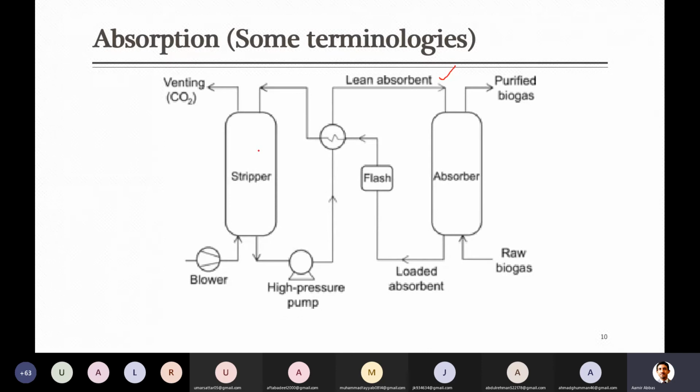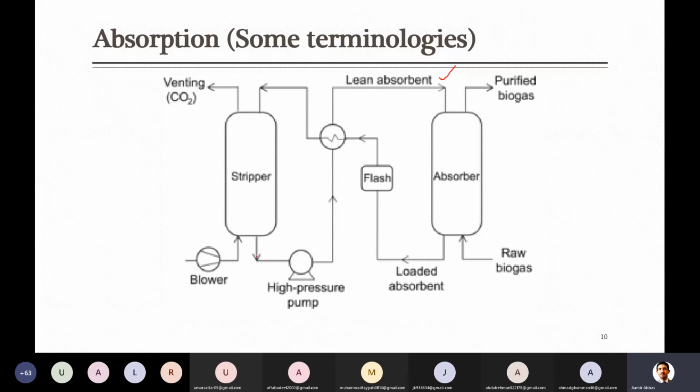So this is the main operation happening in the absorber as well as in the stripper. Here the gas comes in contact with the liquid, and the gas strips out those components which were carried with the liquid. So here, as mentioned, is venting CO2. You will be venting CO2 with the help of some gas. That can be air introduced from the bottom, or most of the time steam is introduced inside the stripper column, because steam provides heat as well as acts as a stripping agent. So from this bottom